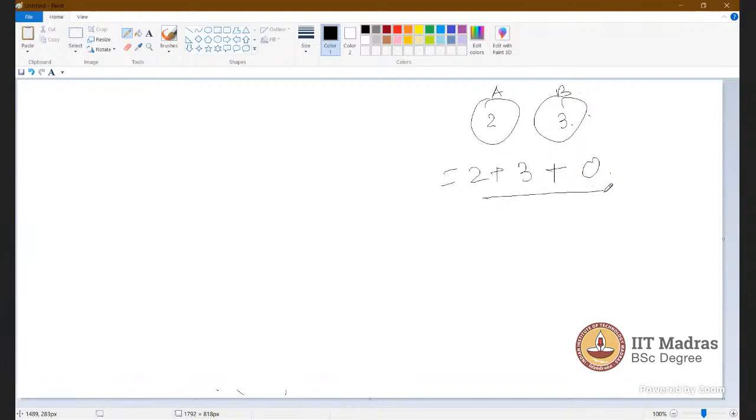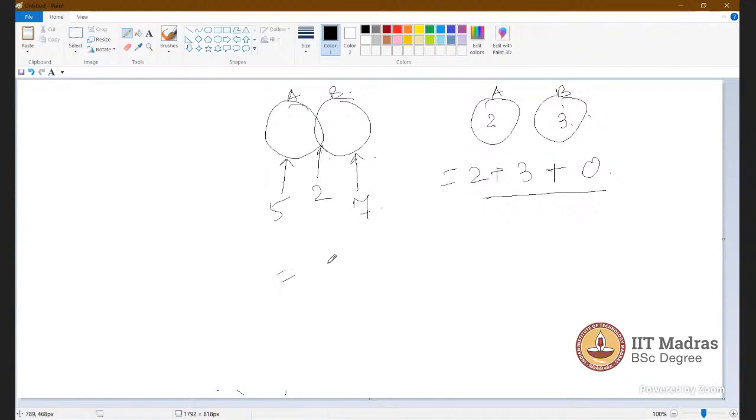Now suppose this is 2, this is 5, and this is 7. Then what is the number of tuples?